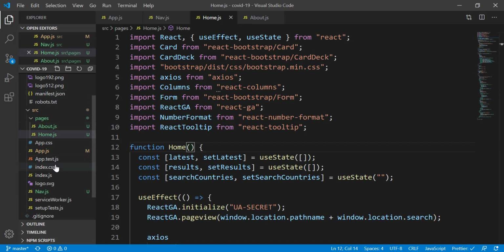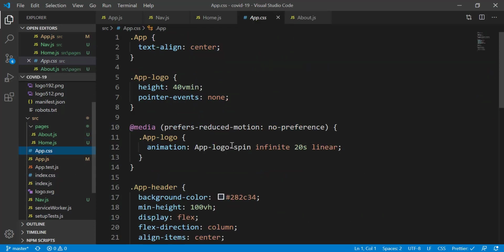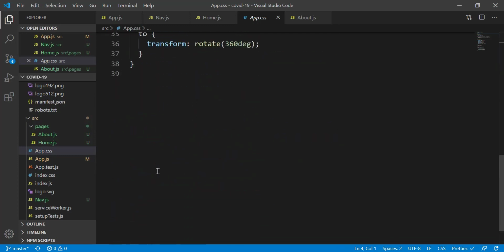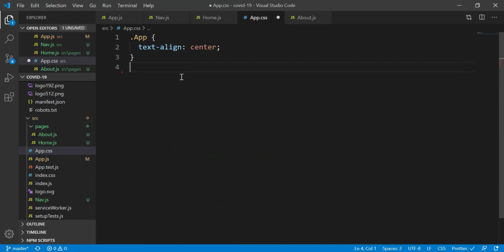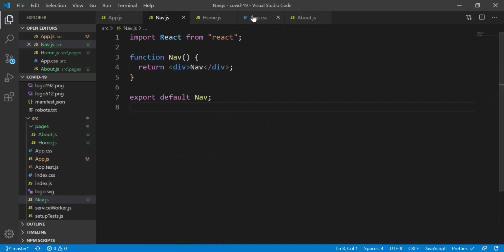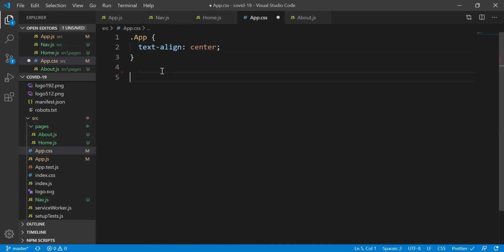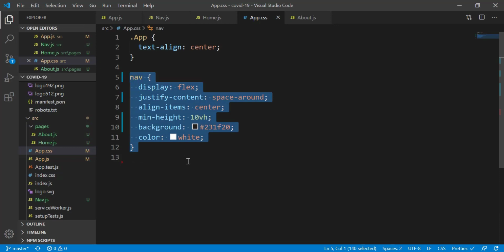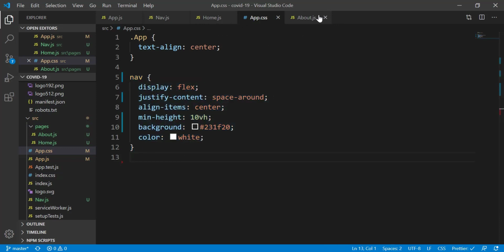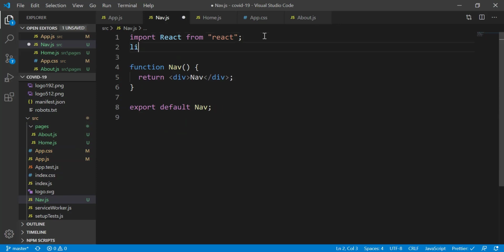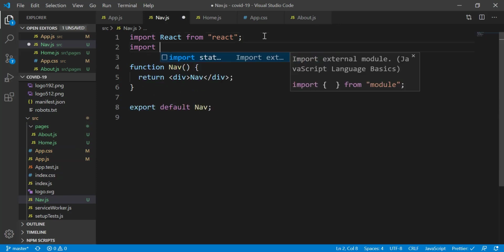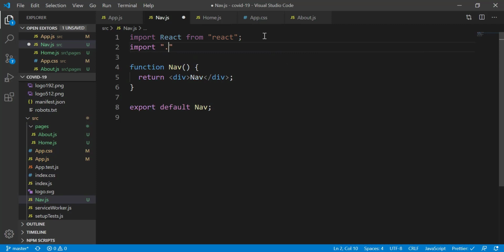So I need to find the CSS file. We will try to, so app.css. We no longer use most of this, so just delete this. Just keep the text align center, and now we're going to write some code here. Okay, so this is the menu, and now let's just import it into the navigation. So import app.css,